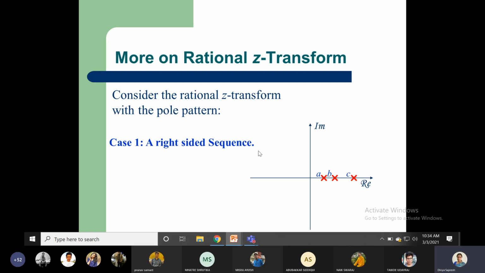Yes, ma'am, we have already studied causal and non-causal signals earlier, for infinite and finite signals. The region of convergence we have also studied earlier. The same thing is applied here, but we are looking at it from a different angle, that is, in terms of poles. So do you have any guess regarding this? How should the region of convergence be for this particular signal, which has three poles A, B and C: greater than A, B, C, or less than A, B or C?